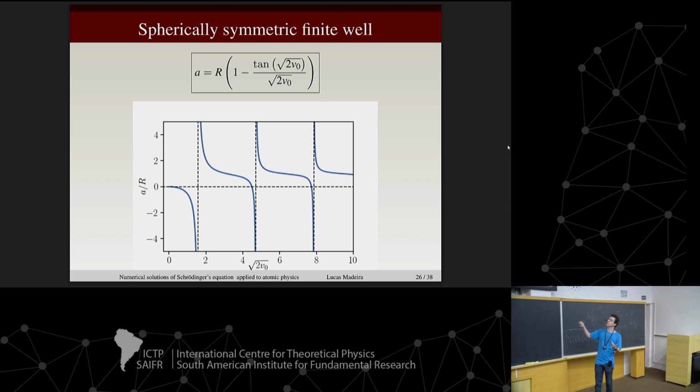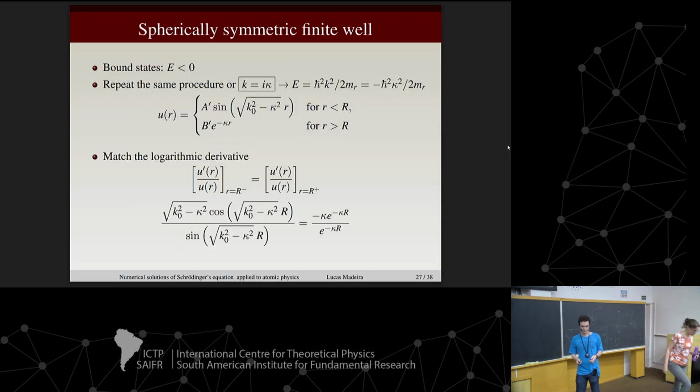We can see this from the mathematical structure of this. But we can ask ourselves, what's the physical origin? I mean, of course, tangent of x diverges, but physically, what's going on in my system that makes this thing diverge for these values? Do you know the answer? Bound states, right? Whenever a bound state appears, I'm going to have this divergence. So let's see how this works.